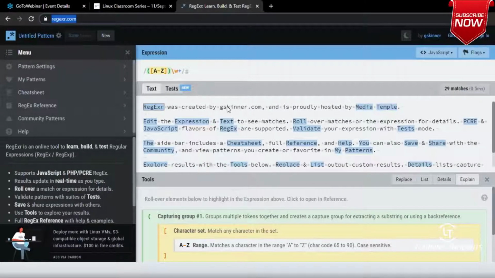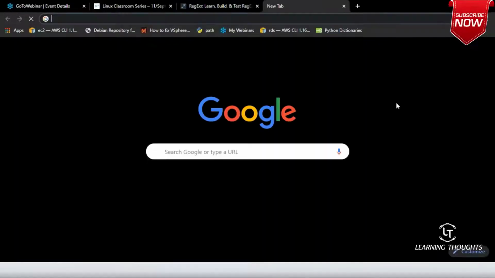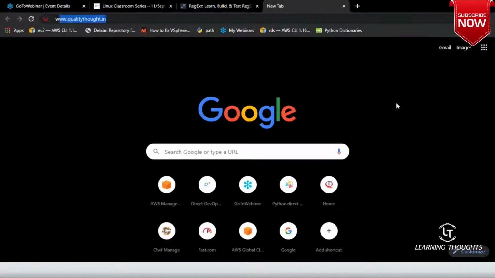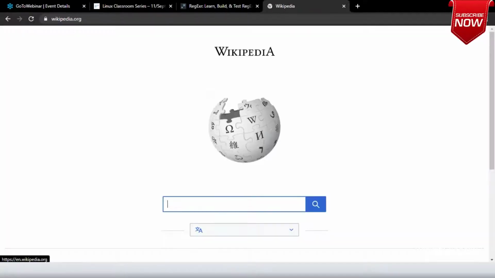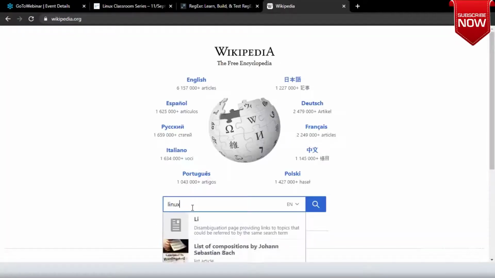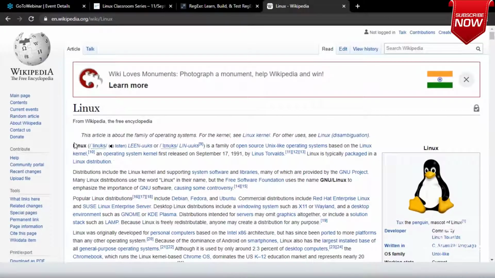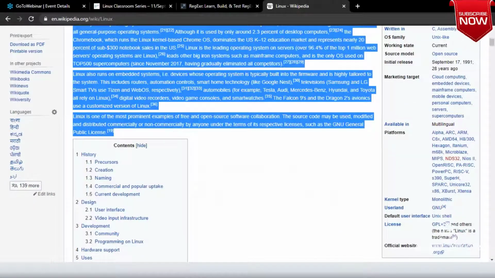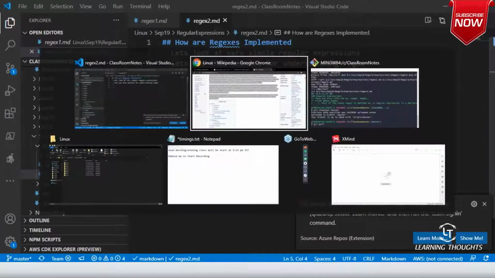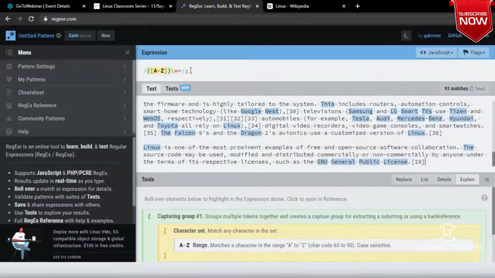Now let me take a text over here. The text which I would take is from Wikipedia, and in Wikipedia I'll search for Linux. I'll blindly copy all of this, go into that website and paste all of the stuff over here.